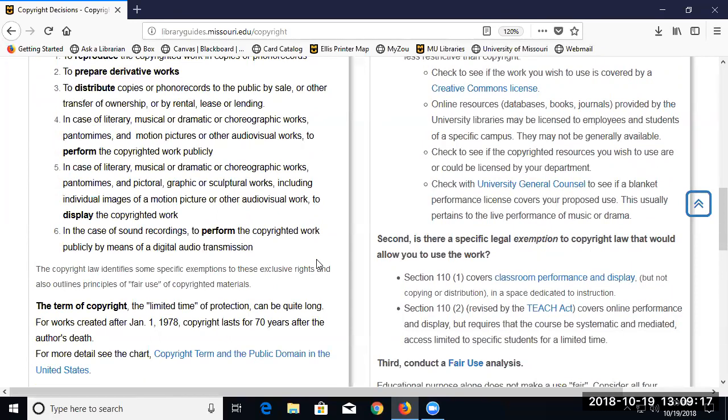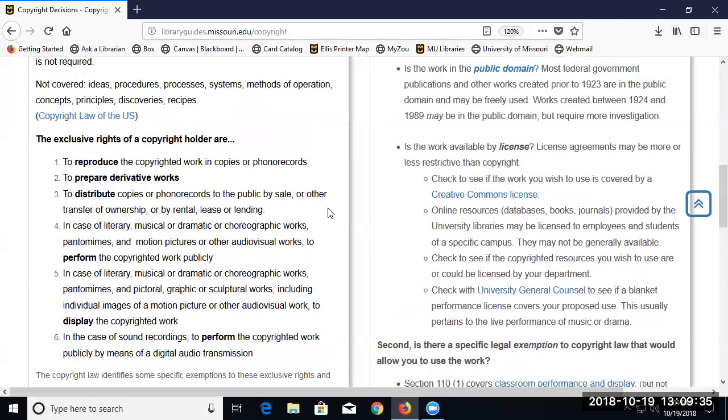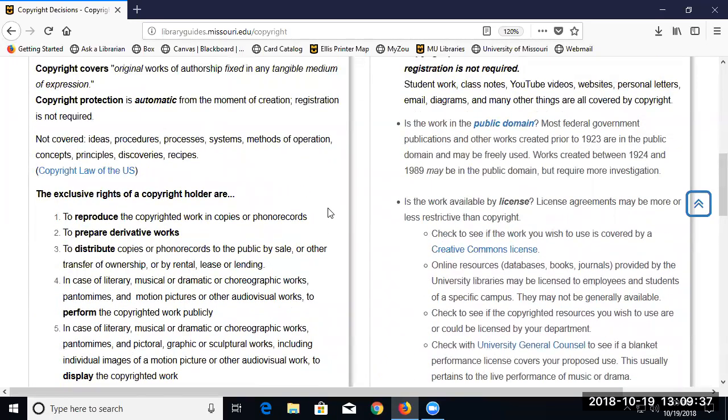And then after that, there are some fair use principles. So think of the exclusive rights, and then there are specific exemptions. Then there are fair use principles that might guide you in what might be okay to do. I mentioned already that the copyright term has been extended and goes on for a long time. So I think that's the basic framework to operate in.